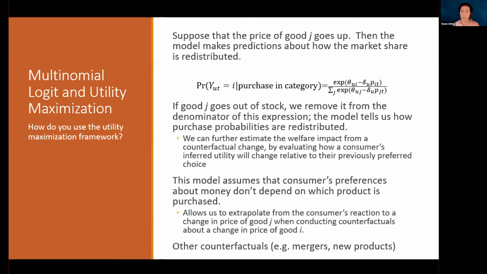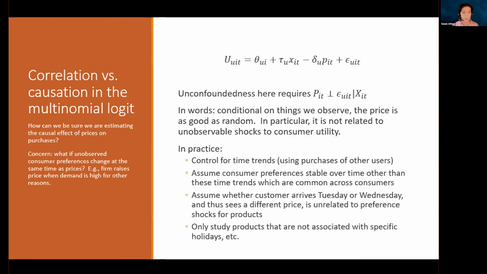Now, when you go to the supermarket, there may be lots of categories in the store. Typically in economics and marketing, we focused on just one category at a time. And so one of the things my work is doing is using machine learning to try to look at lots of categories in parallel.